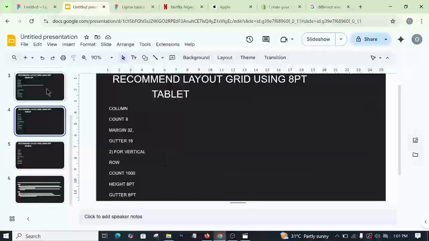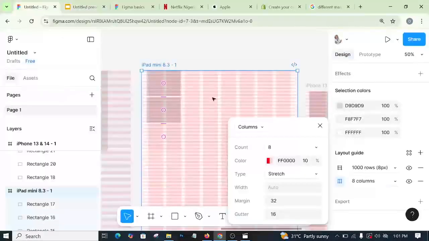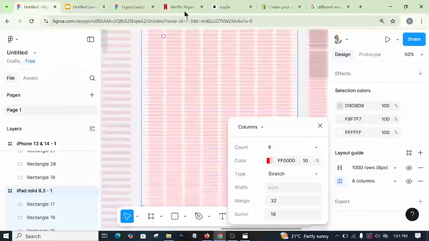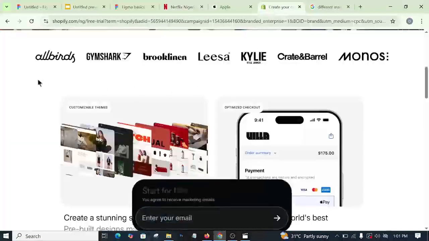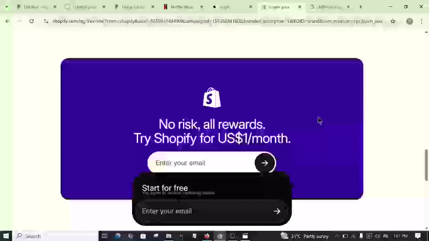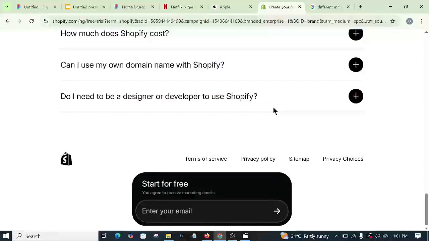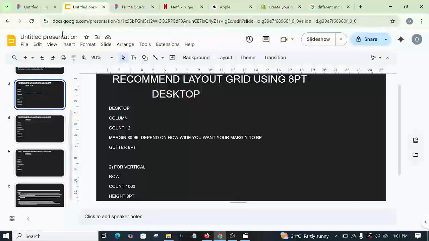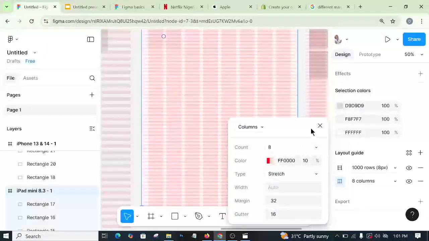So we have come to the end of this video, because this is the same thing they use when you have to have a layout guide for your design. I think in the next video we'll do a design. So we'll do some theory,